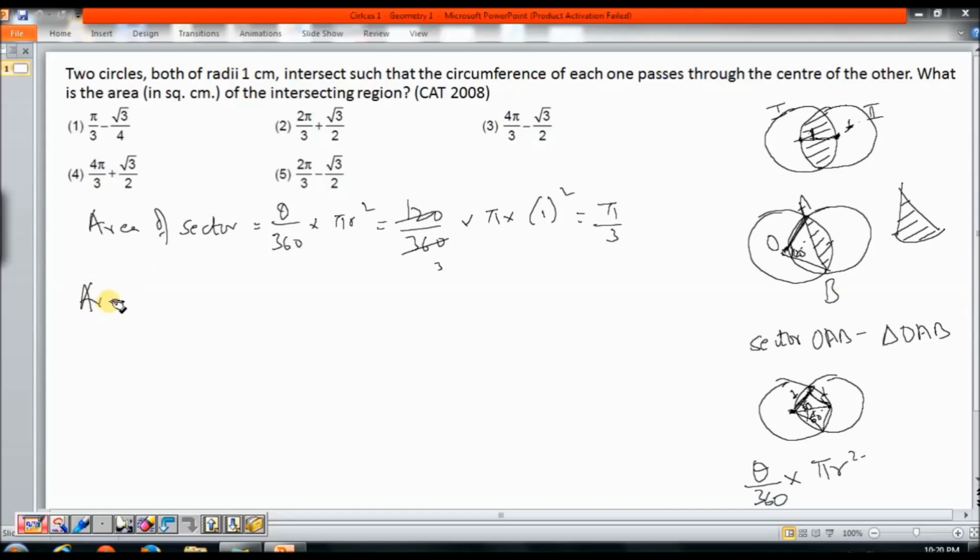Area of triangle OAB, area of this triangle will be nothing but, so there are various formulas for area of a triangle: half base into height. We also have a formula which is called half AB sin theta, where theta is the angle included between the sides A and B. So here, by substituting the values, half into A can be this side, which is 1, B can be this side, which is 1. So it will be 1 into sine